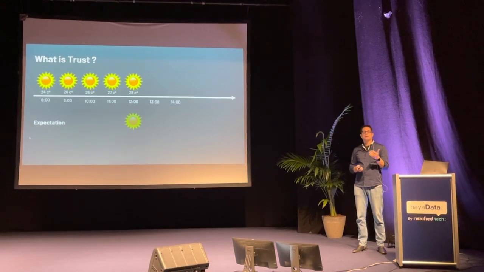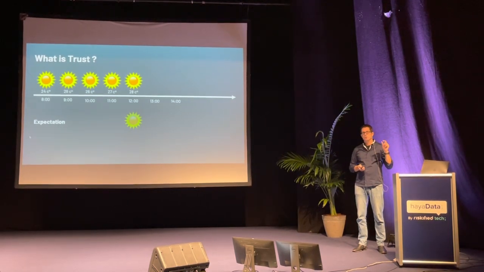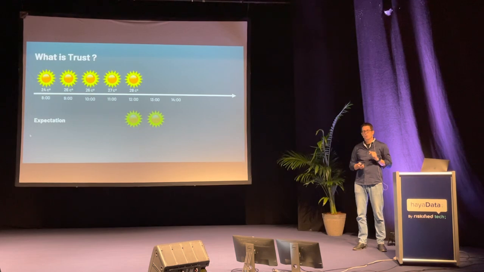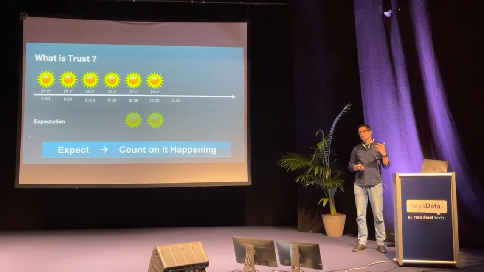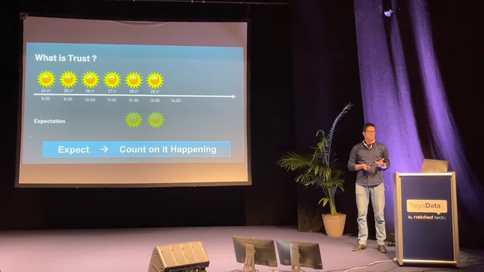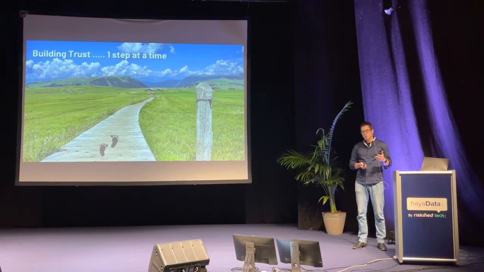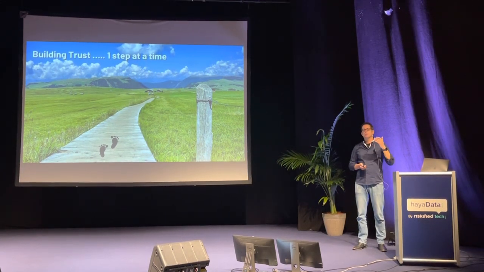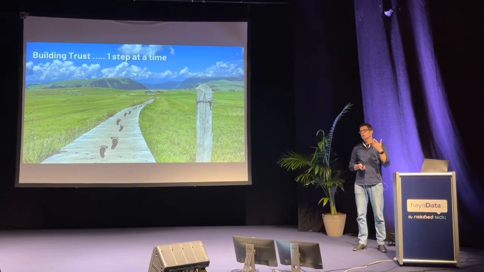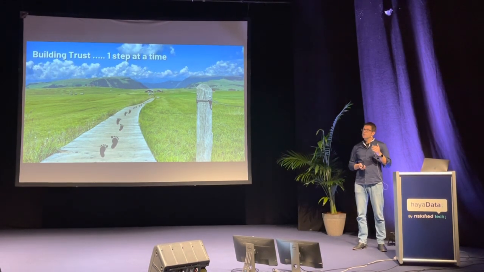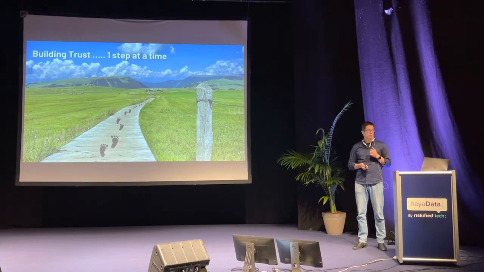At noon, we look outside, it's sunny. We say, okay, this is good. So we trust the model a little bit more and a little bit more. And over time, if what we expect happens a lot, we start trusting the model or the whole system. Notice that this is really a step process. This is a journey. It's not a one-time shot. You make a small step, prove yourself, make another step, and so forth. And slowly, you gain user trust. You can also make some missteps and lose trust along the way.